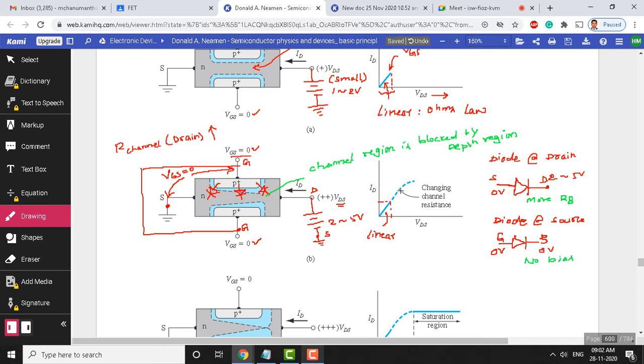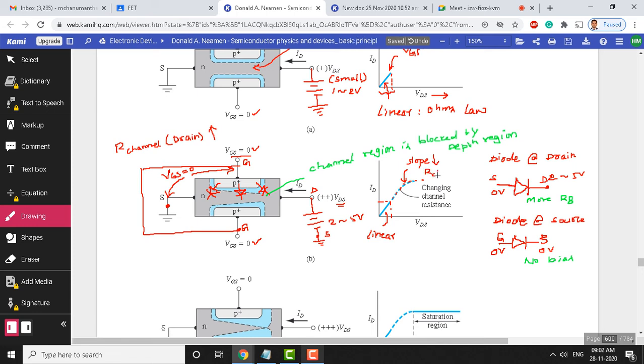Up to some point the drain current rises, which is shown in dotted lines here. Beyond that, the drain current is becoming almost constant, right? Here the space charge region is blocking the charge carriers, electrons, from source to drain. So that's why the slope has started bending, the slope is dropping here, the slope decreases,